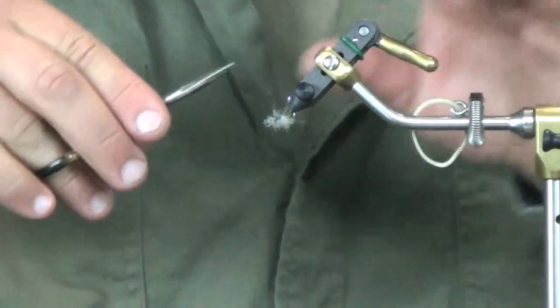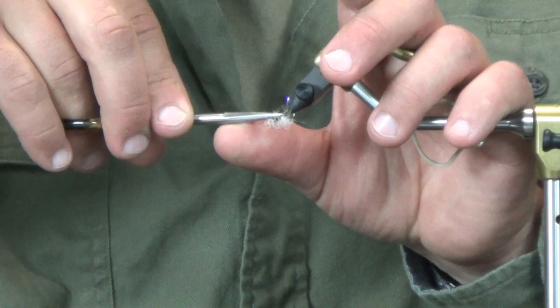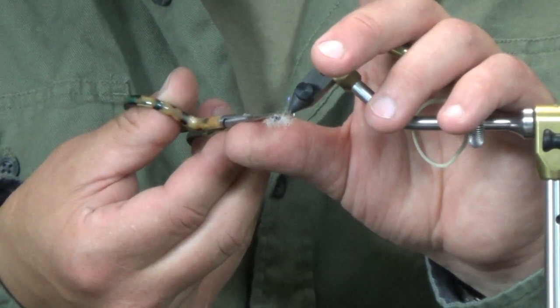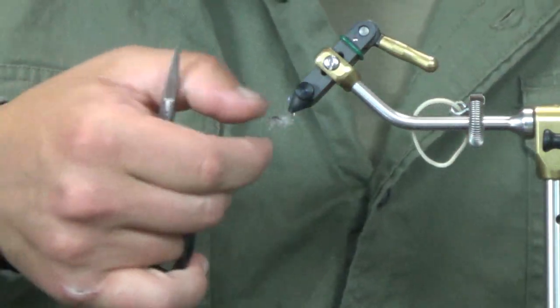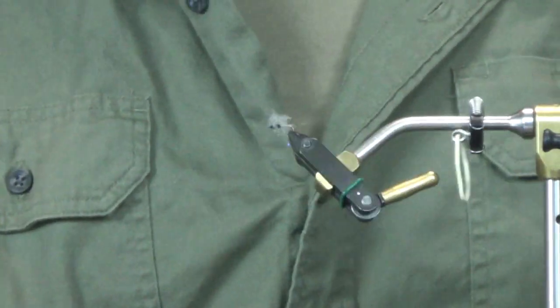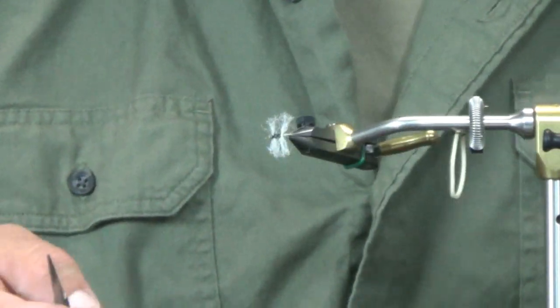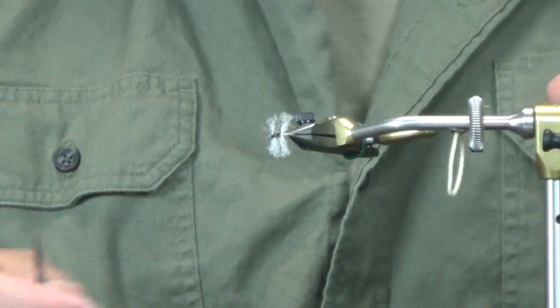Get those out of the way. A couple on the underside that are making a little bit of a mess too. So now, before I trim these up even more, I'm going to go in between my